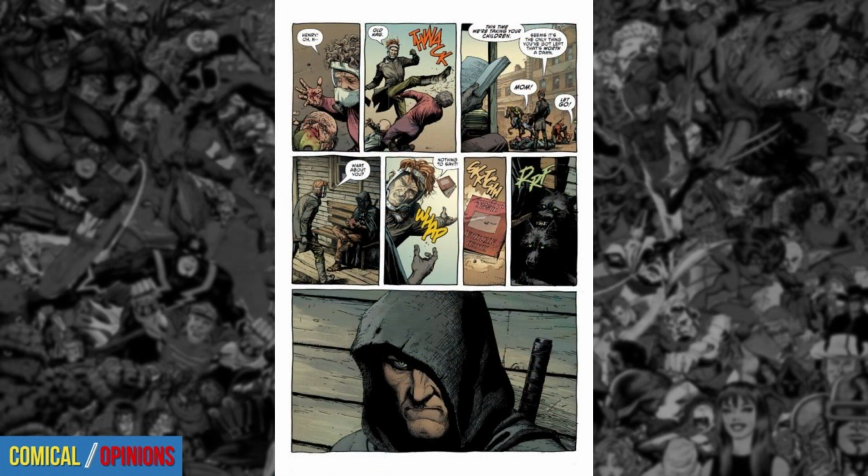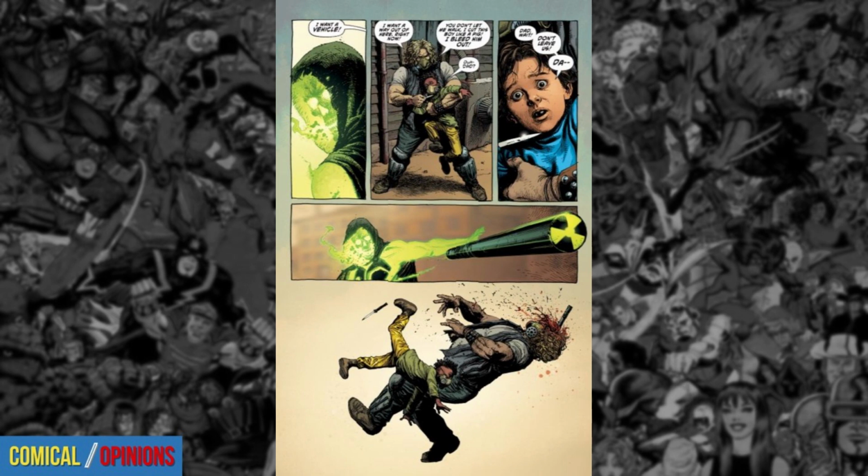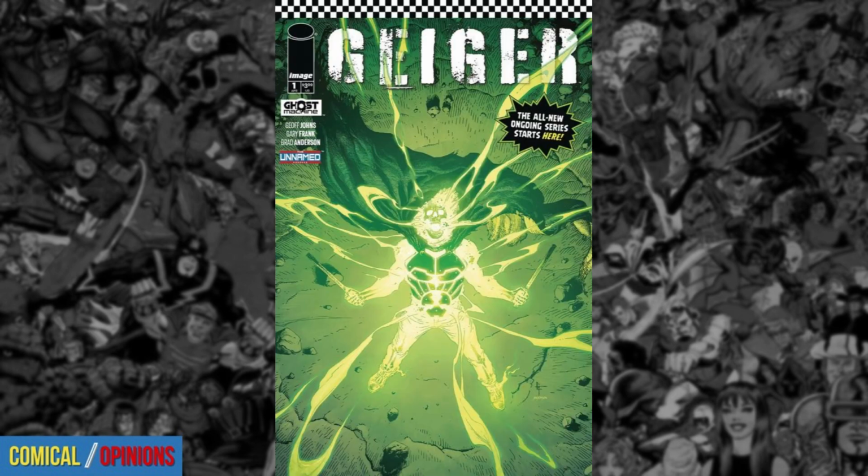As the two travel along, they are accosted by a military force sent by the president, because the president has heard rumors of the Glowing Man and wants to capture Geiger, dead or alive, to study his powers and figure out how he can use that power for his own military forces. The issue ends with a